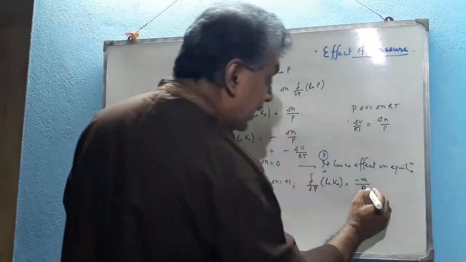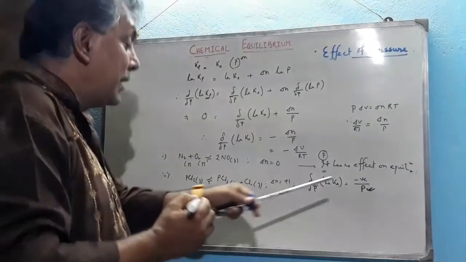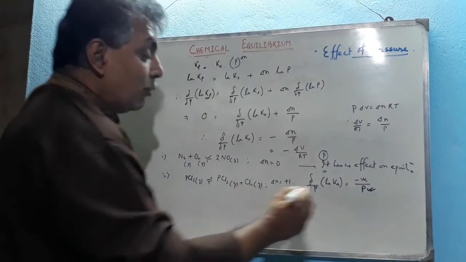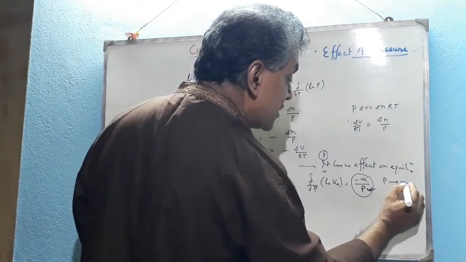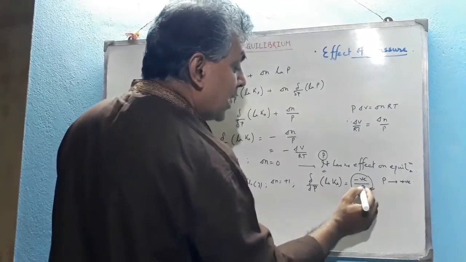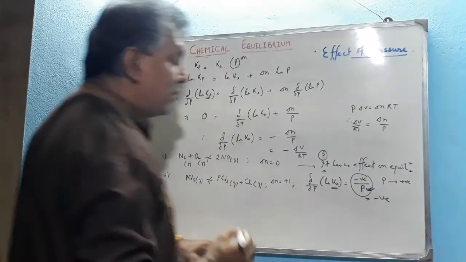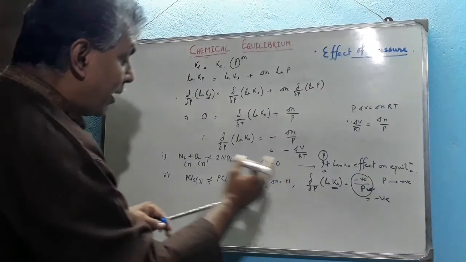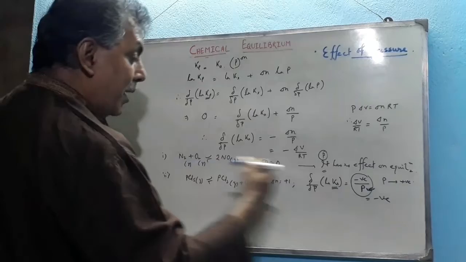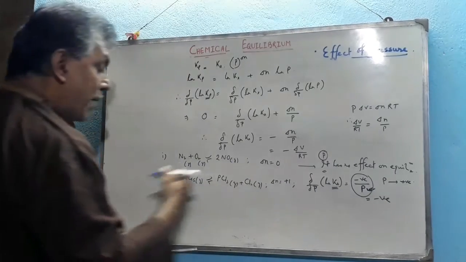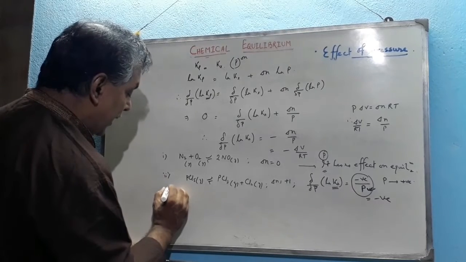So with the increase of the pressure, the overall term becomes negative, and hence ln Kx becomes negative. Since ln Kx becomes negative, the backward reaction, that means PCl3 plus Cl2 combines to form PCl5 again, increases. The rate of the backward reaction increases, that means the rate of dissociation of PCl5 decreases, thermal dissociation decreases.